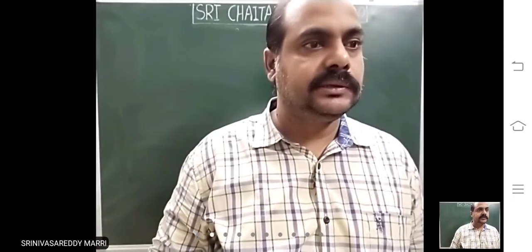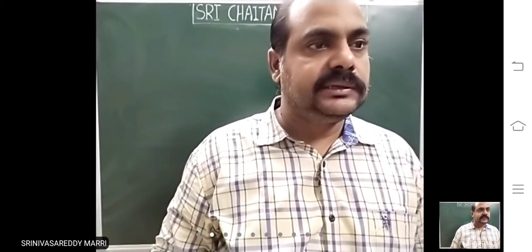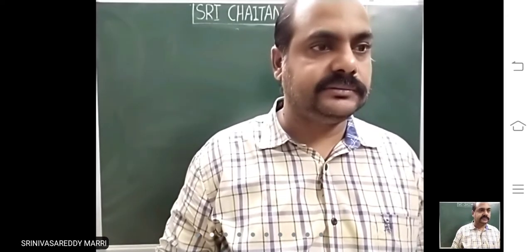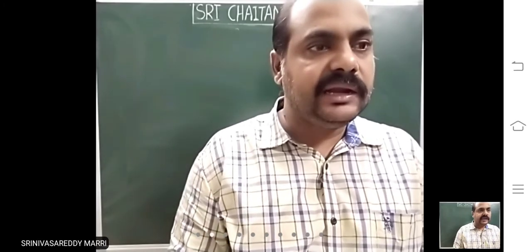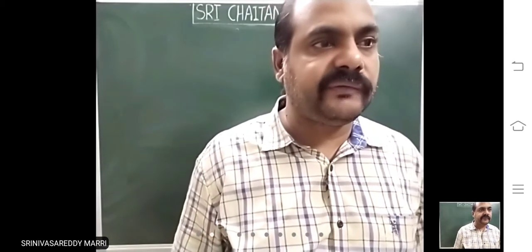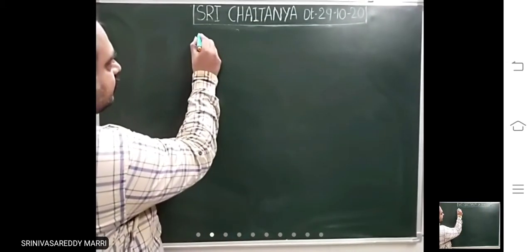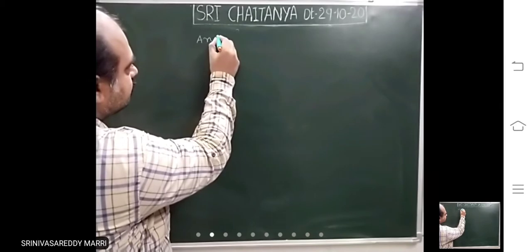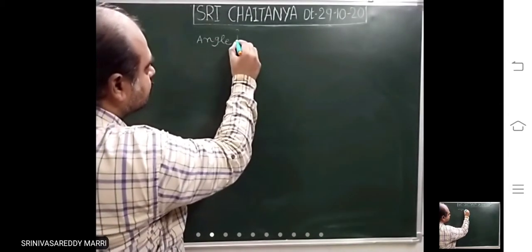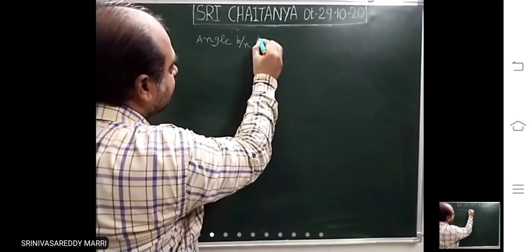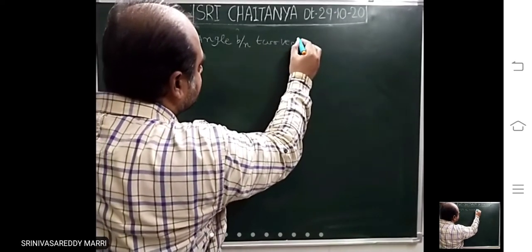Hi students, yesterday we discussed DRs and DCs of a line, how to calculate DRs and DCs of a line. Look at now, angle between two lines. Now we will discuss angle between two lines. First, in the previous chapter on vectors, angle between two vectors was discussed. Similarly, angle between two lines will be there.